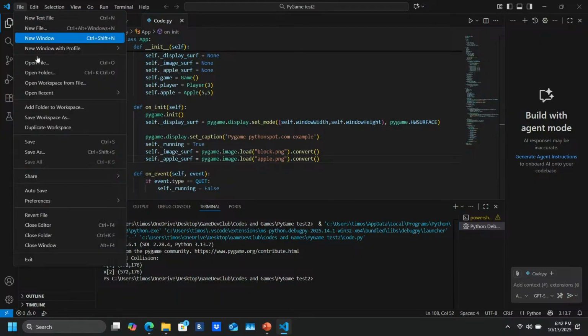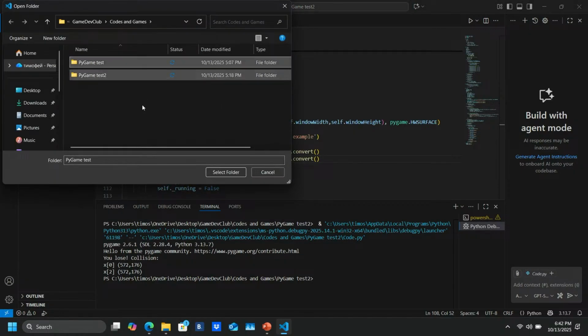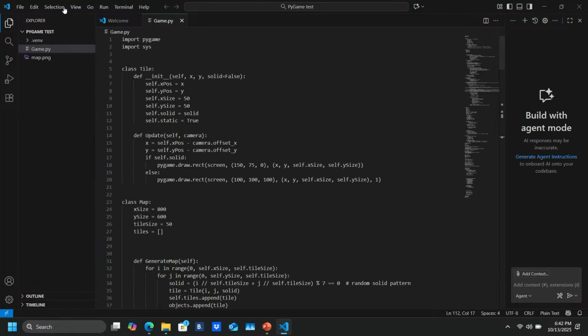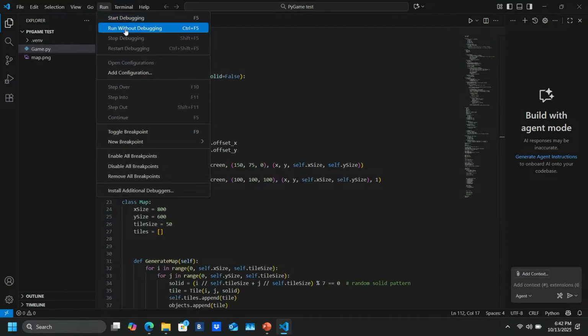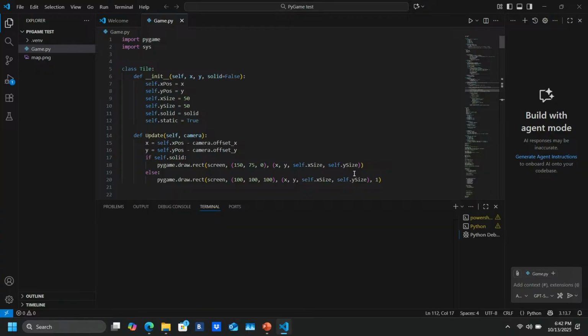But now let me just open mine that I did. So here's another one that I made very quickly in 1 hour, at least just to show how it works.